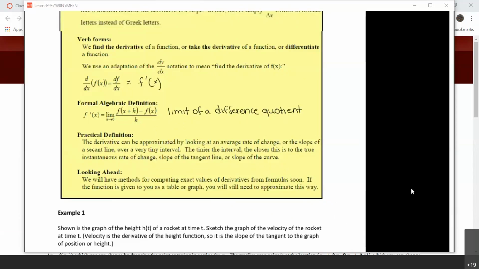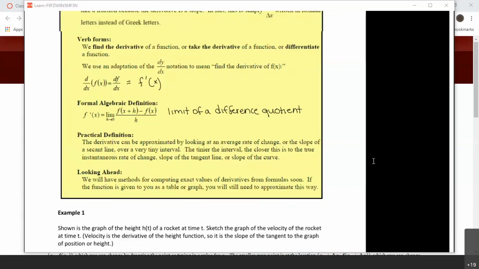Eventually what we're going to be doing is using some formulas to calculate the derivative quickly. But you ought to be able to do this from a graph, and from a table, and in order to do that, you're going to have to use this approximation. If you have a function rule, we can use our formulas. If we don't have a function rule, if we have a graph or table, we're going to have to use this definition. So anybody got questions about notation,